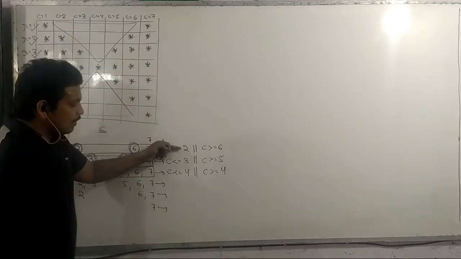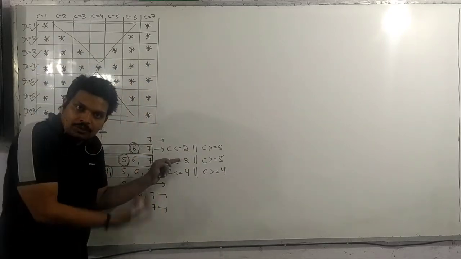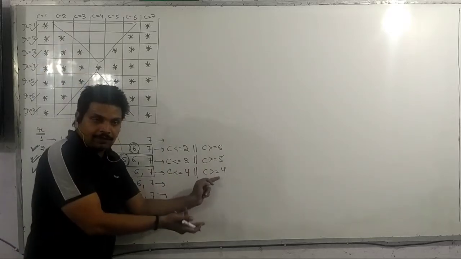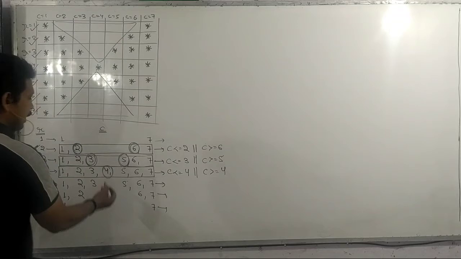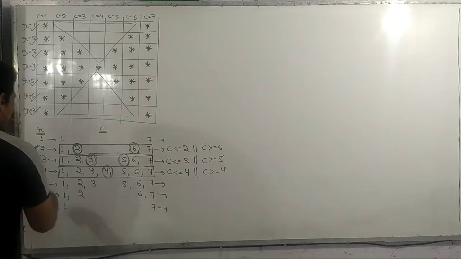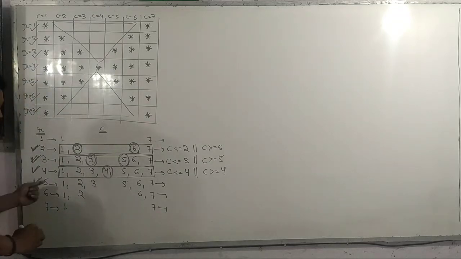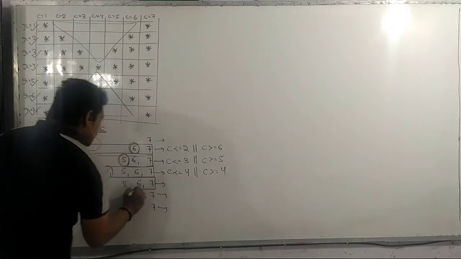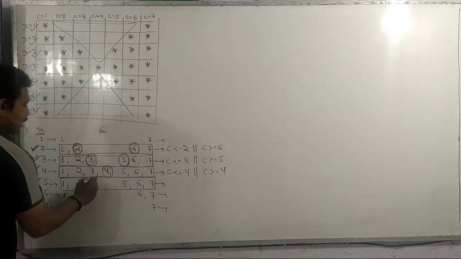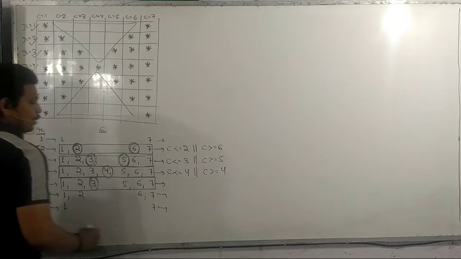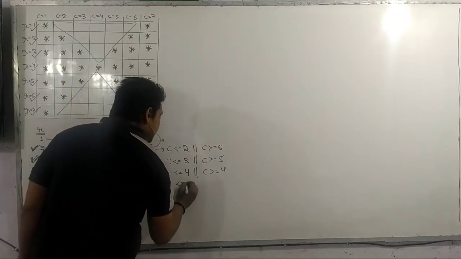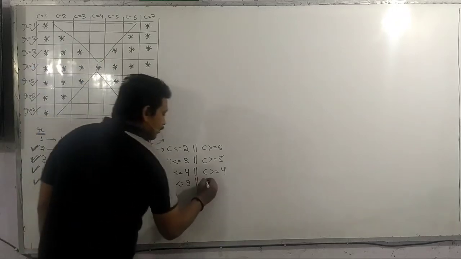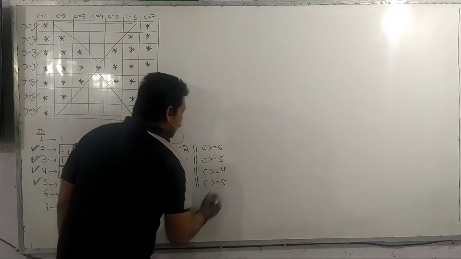Apply common sense. If after 2 we have 3, so after 3 it should be 4. If after 6 we have 5, so after 5 it should be 4. Yes or no? And we have the value 4 here. Then when r is equal to 5, on these values of c the stars are getting printed. So we can write here c less than equal to 3, logical or c greater than equal to 5.